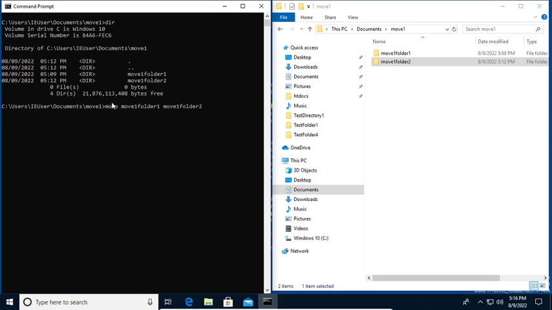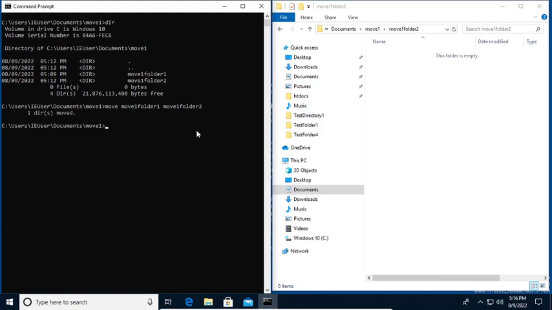So I am using the move command. I have specified the move one folder 1, and this is going to be the source path, or let's say this is going to be our directory that we would want to move to the destination path, which is the move one folder 2, as we can see here. Okay, so this doesn't have any content. Let's see what will happen if we try to run this. So we can see now that one directory has been moved inside of the move one folder 2